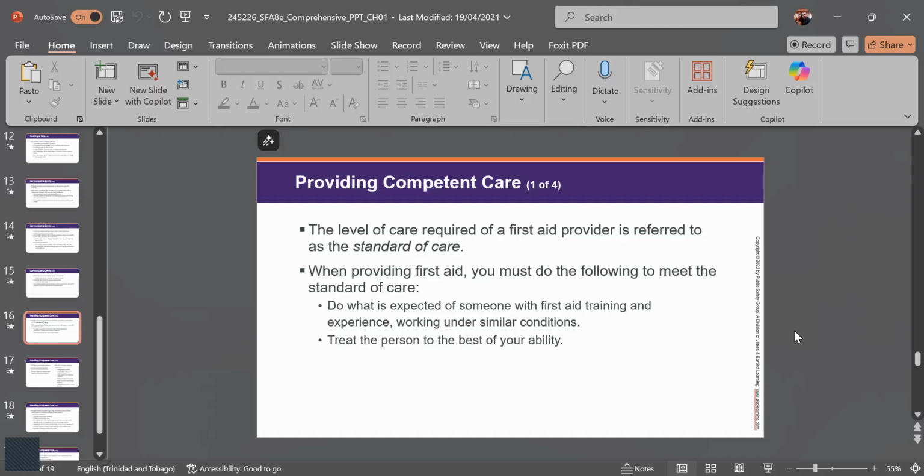So the first aid care or treatment that you are going to provide to someone must meet the accepted standard of care. First thing is, whatever you're doing should be expected of someone with that level of training